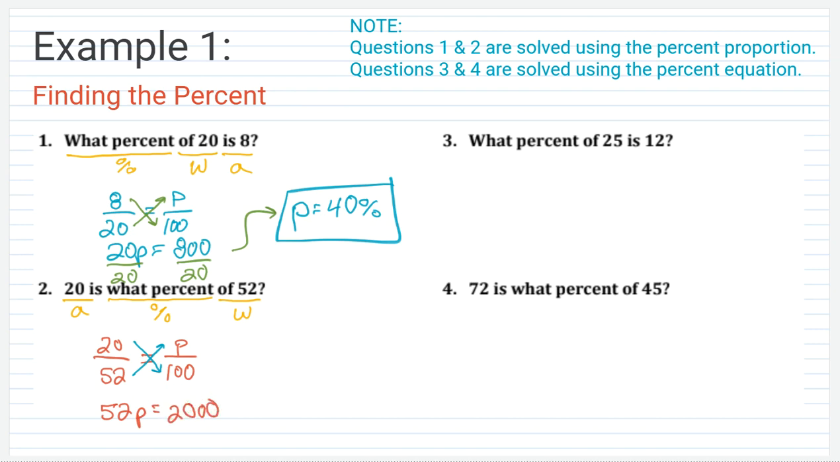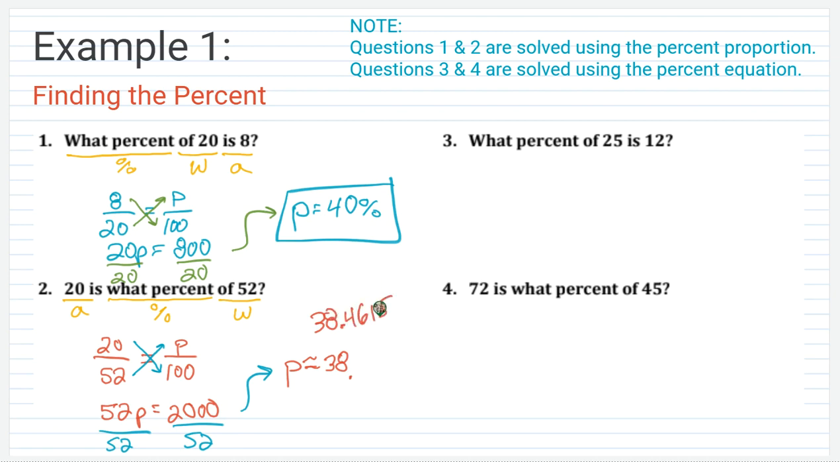And then the last step to solve this one-step equation that we're left with is to divide both sides by 52. And then we're going to have 2,000 divided by 52. And we end up with an approximate answer, because 2,000 divided by 52 is going to be about 38.46. So when you type it in your calculator, you get